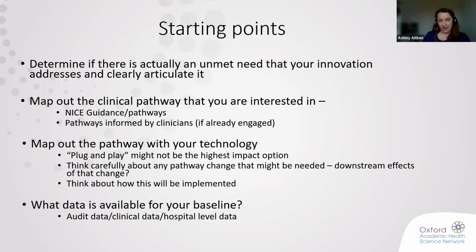So just be careful how that need is articulated. And you will need to map out the clinical pathway that you're interested in putting your technology into. A good place to start is usually NICE guidance. They've usually got some quite nice pathways on there. Some of them are quite complex, so you might need to chop bits out and just make it